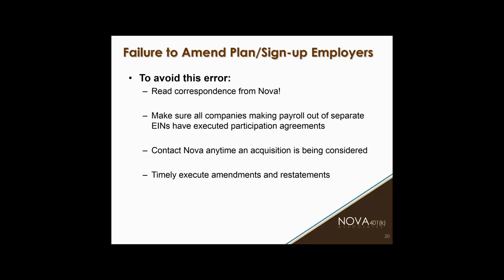Just make sure you're adopting those amendments by the deadlines that are in the instructions within the emails. Also, again, if you've got multiple companies that are above this 80% threshold, we just need to make sure that they're signed up for the plan if you actually have them participating. Again, you can't really exclude companies that are in the related group for the most part either. So, if you know of some companies that are out there that are not actually participating in your plan, give us a call. All right.